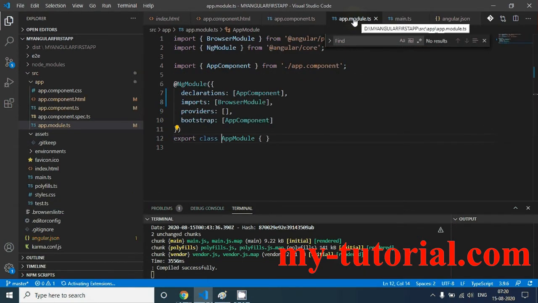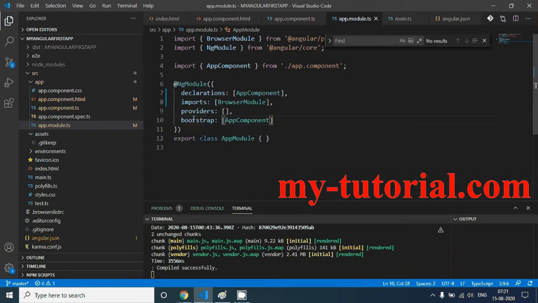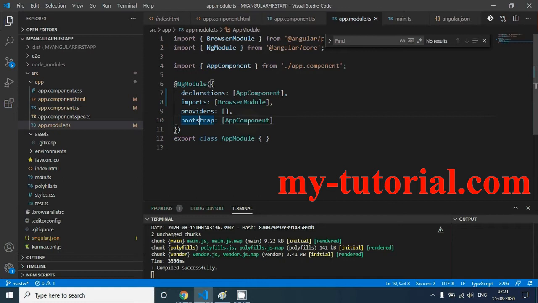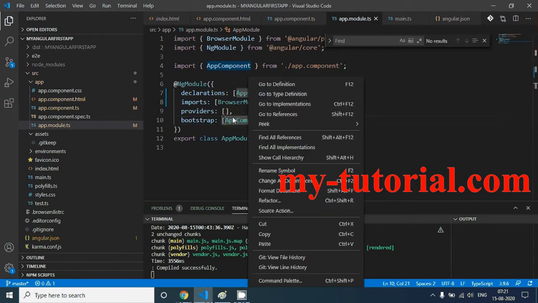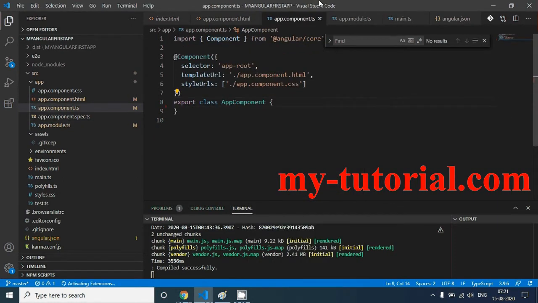When you come to this file, you will see that it has a bootstrap property, and in the bootstrap property, we have app component. From there, it will go to app component. Just right click on that and go to definition.